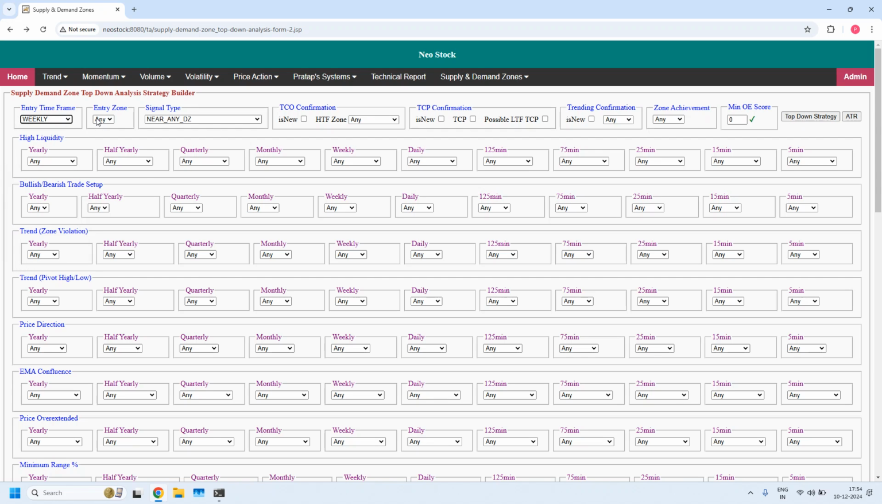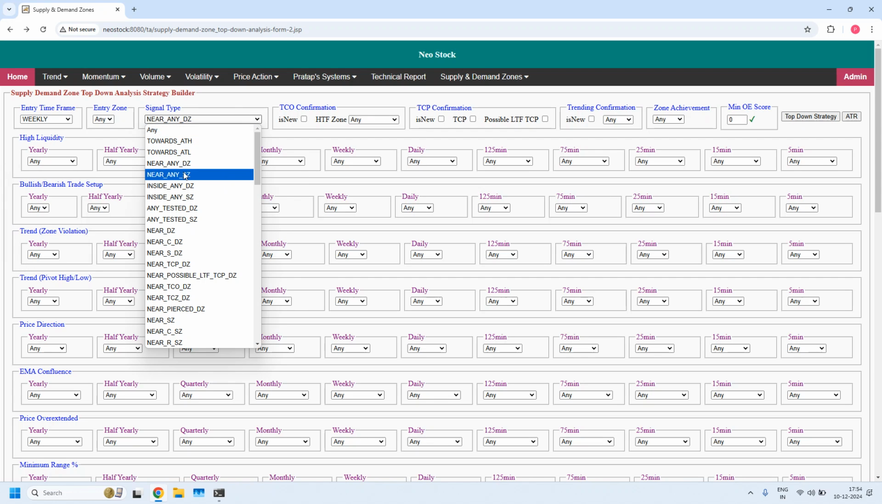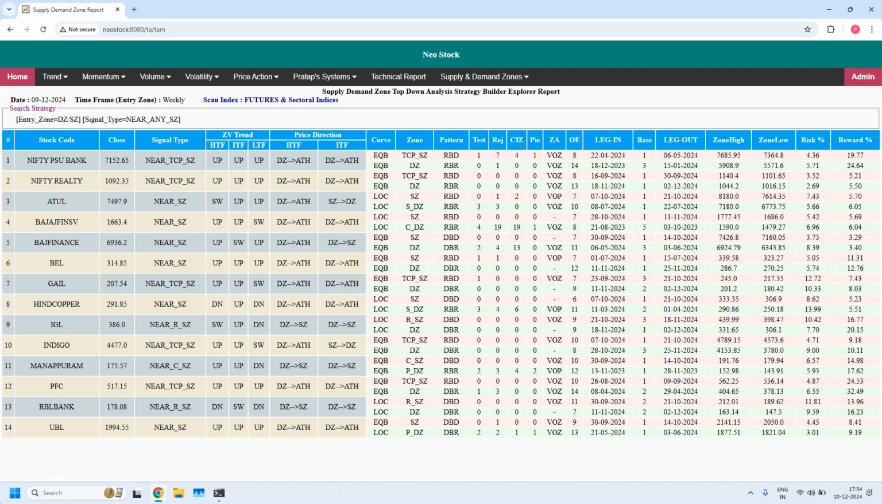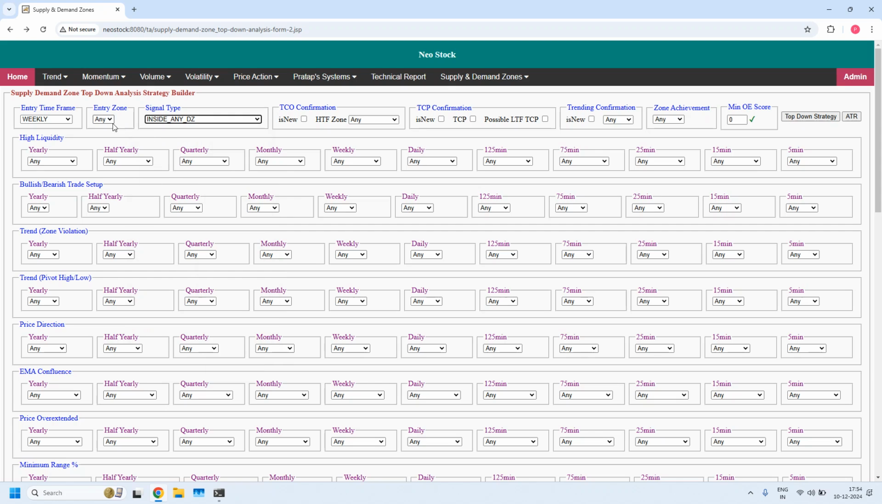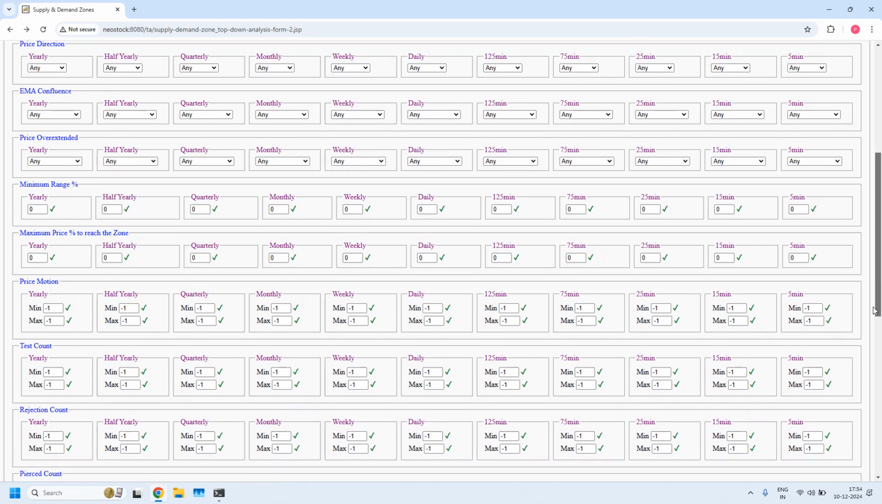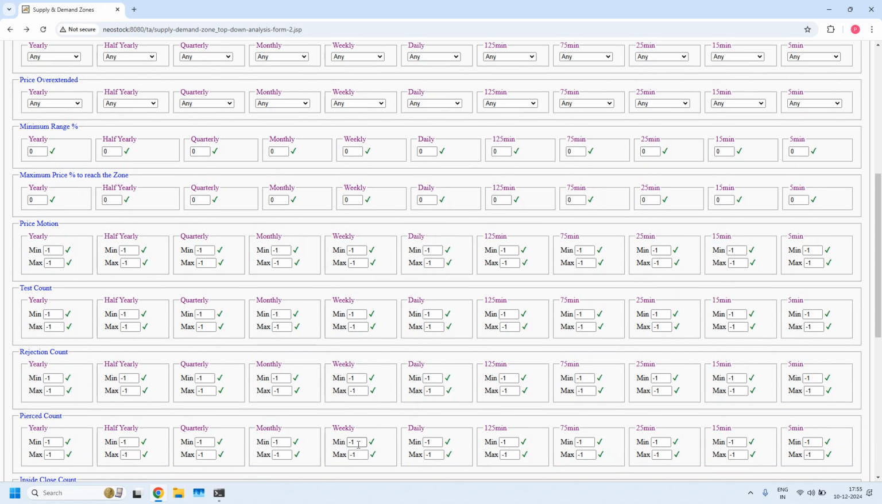Next, weekly time frame. Price near weekly supply zone. 14 stocks are filtered. Next, weekly time frame. Price closed inside weekly demand zone, and these weekly demand zones should not be pierced. So in the pierced count at weekly time frame,